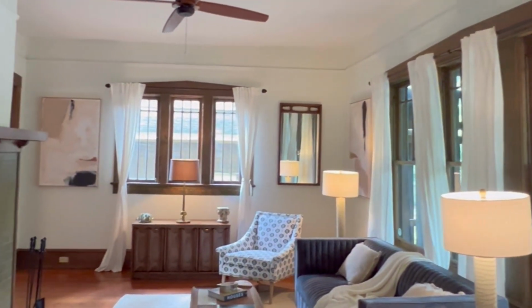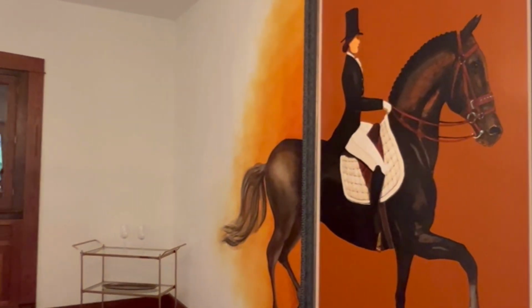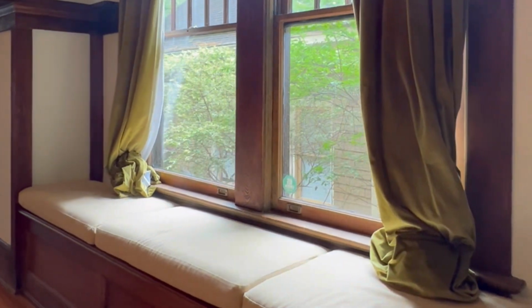for beautiful natural light, and then a massive dining room that is perfect for entertaining, full of lots of original details like the china cabinet, the built-in bench. It's really special. Just off the dining room is this den that is open into this beautiful banquette, another guest